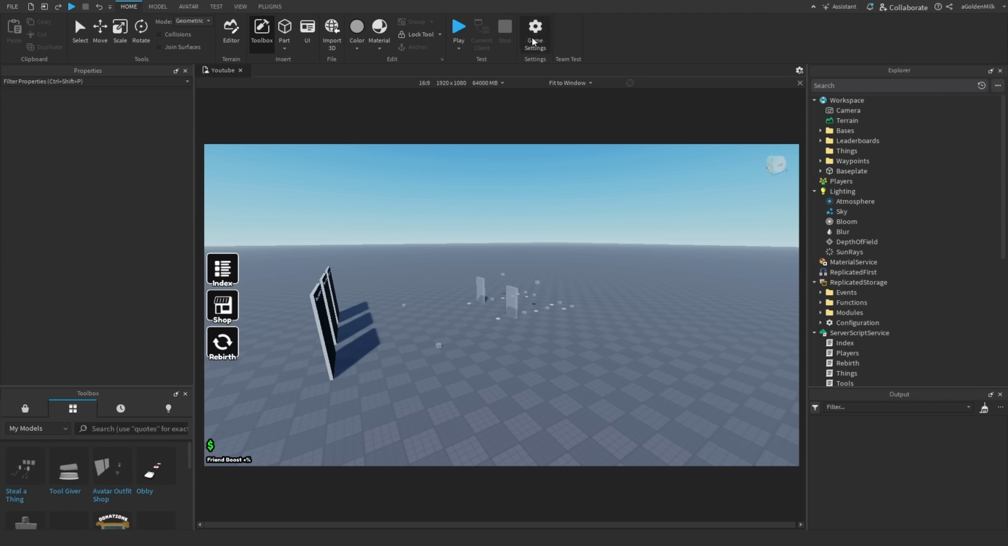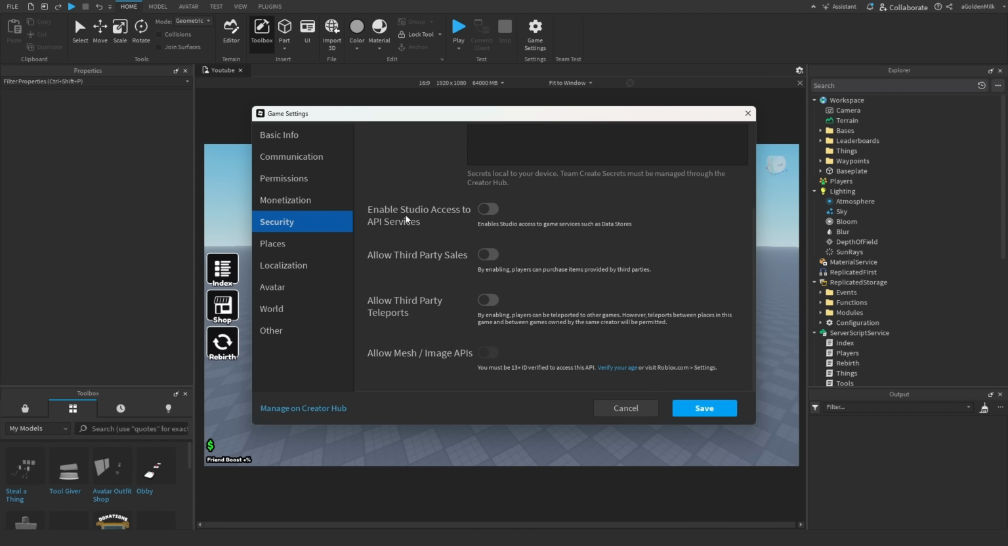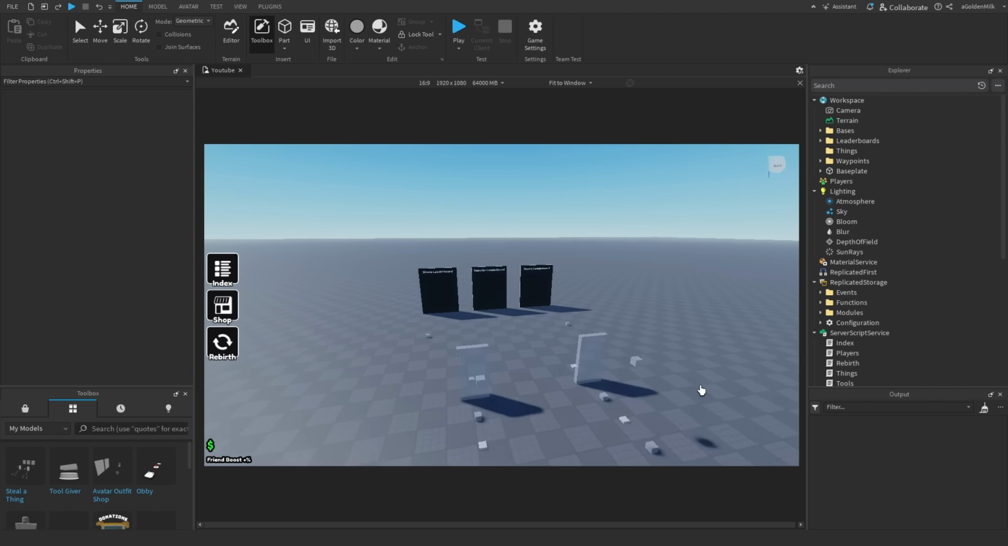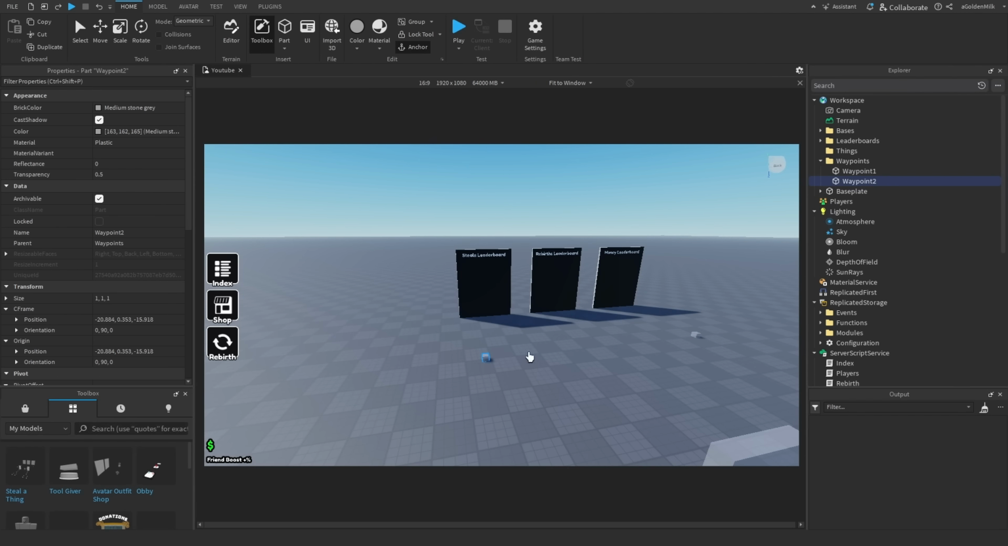Next we are going to go to game settings, security, and then turn on allow HTTP requests, and also make sure you turn on enable studio access to API services. Then press save. Next we're going to go to this waypoint folder where we can duplicate waypoints and move them